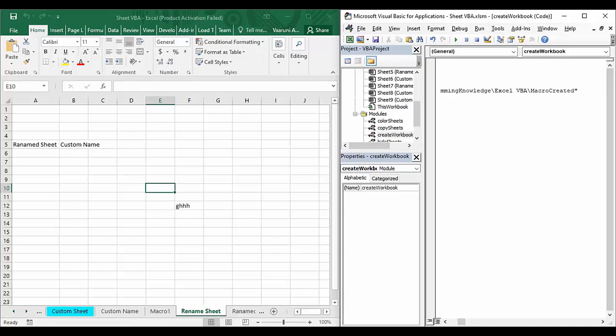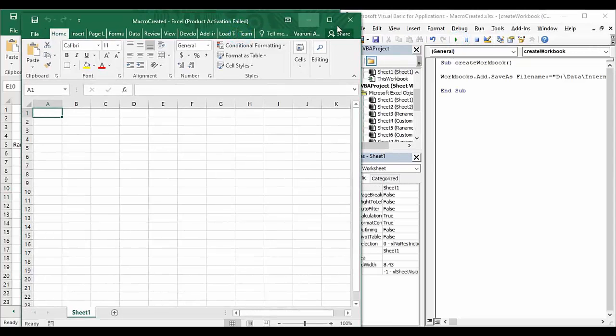This is going to be the name of my workbook, macro created. Then you put a dot, and you need to provide its extension. The default extension for Microsoft Excel sheets is .xlsx. You can provide this extension, and that's it. This is how you can create a workbook and save it as well. Let's delete this statement, because this is the statement we're going to work on, and let's run it,